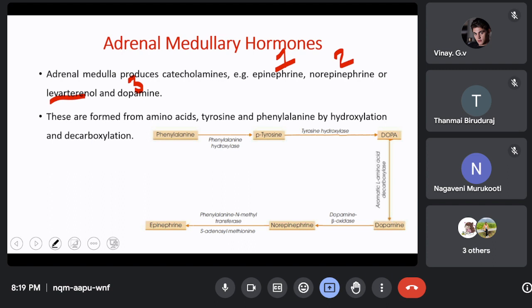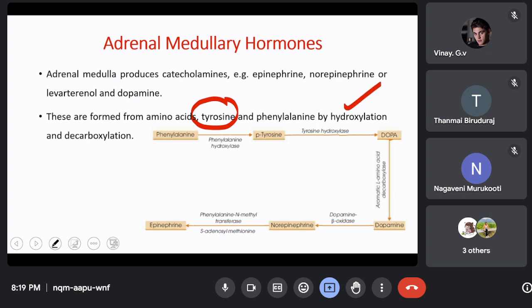But whenever we speak about the adrenal medulla, we speak about only these two, epinephrine and norepinephrine, also called adrenaline and noradrenaline respectively. And these are formed from the amino acids tyrosine and phenylalanine by enzymatic actions involving two